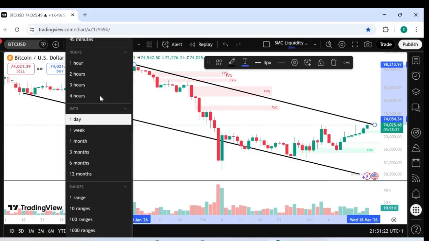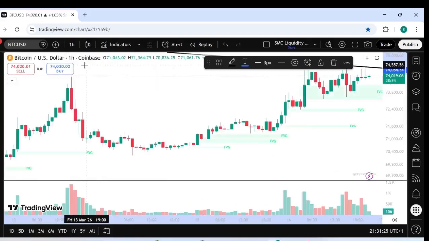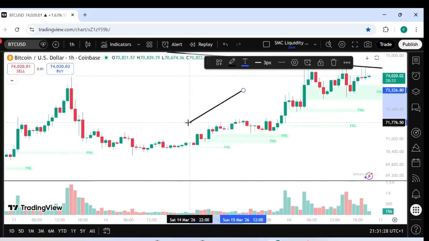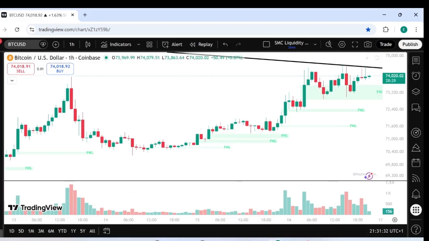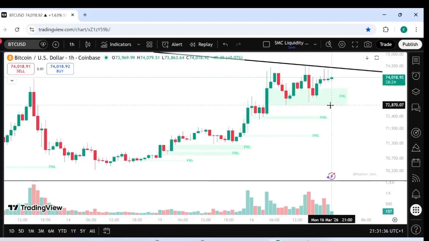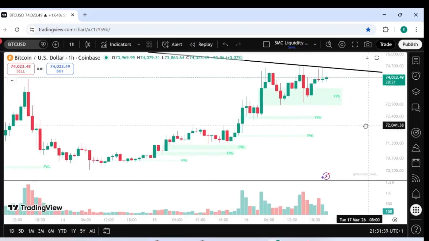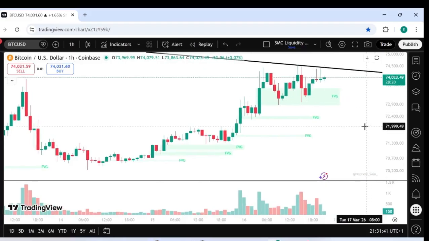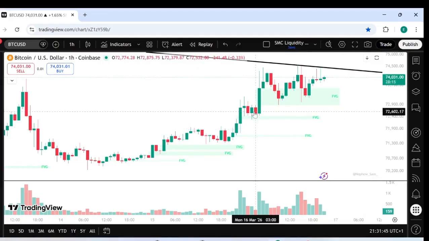Let's go to 1 hour and see market structure. What do we have today on market structure? Mind you, it is a downtrend on daily, so all we are going to do is sell. What we are going to look for is a sell order. Now the market is around